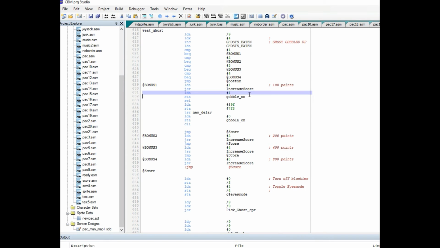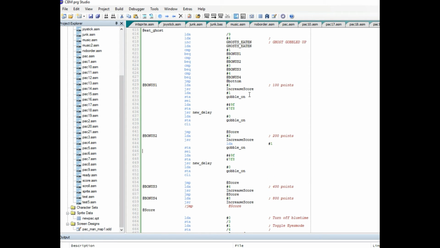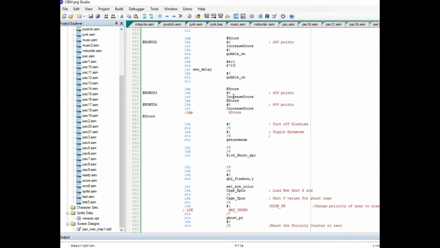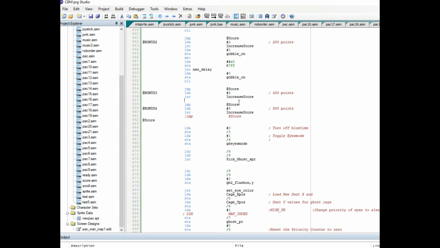I know this could probably be a quick little routine or a macro, but for now I'm going to copy and paste this, Control C, and do the same thing for 200, except with this one I'm going to go 9F, I'm going to go A0 for the 200 symbol. And I mean I could finish that out with these guys too. Go ahead and throw it in.